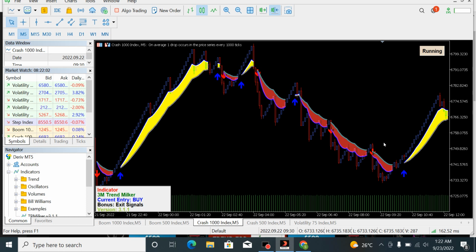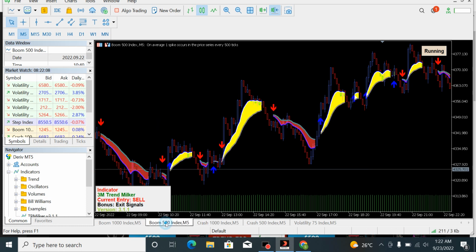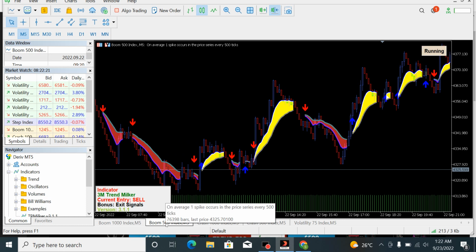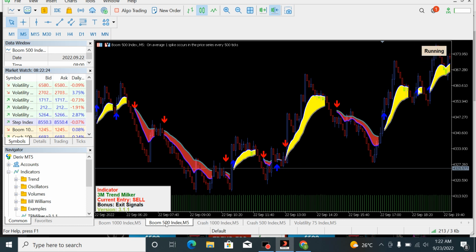Once you understand this, then you won't have any issue on how to trade this asset, and you will be able to avoid it if that is what you want to do. Another thing you need to take note of is the trend in which spikes usually happen, because there are some trends where you shouldn't trade spikes. If you truly want to trade spikes, or if you want to avoid them, there are some trends where you shouldn't even be in the market, because around that time you will see more spikes happening.